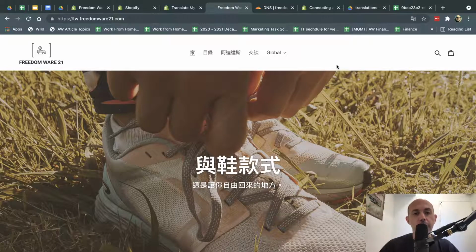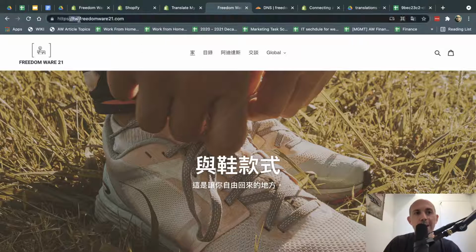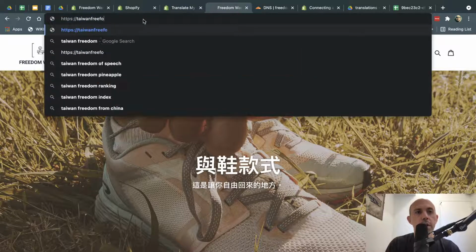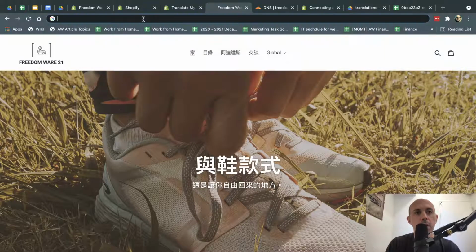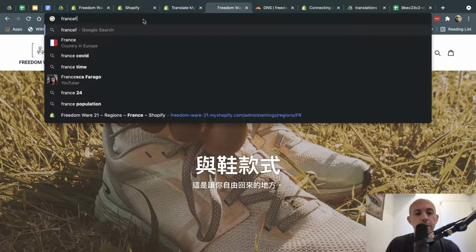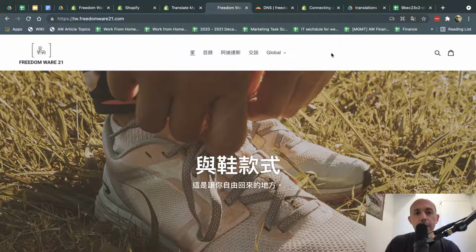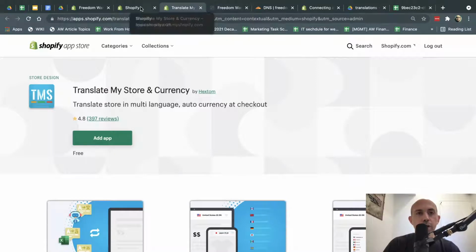Okay, so it'll be translated very simply. The third thing is, in some cases, if you're a bigger website, just like we've done in this one, you want to have different domains or subdomains. For example, I could have Taiwan.freedom.com, right? Or whatever it might be. And then France, freedom21.com, etc. And so you want to add different domains or subdomains. We decided to use subdomains. So let me show you how you do that. Let me show you some benefits of it. And this is typically for larger sites.